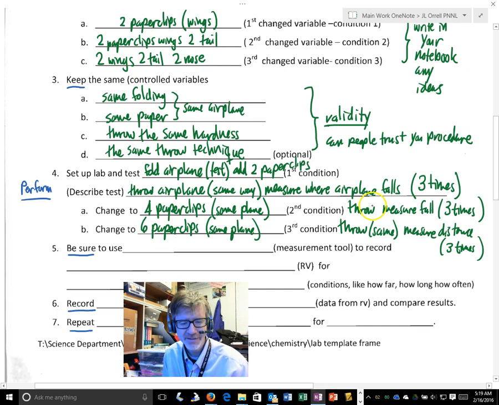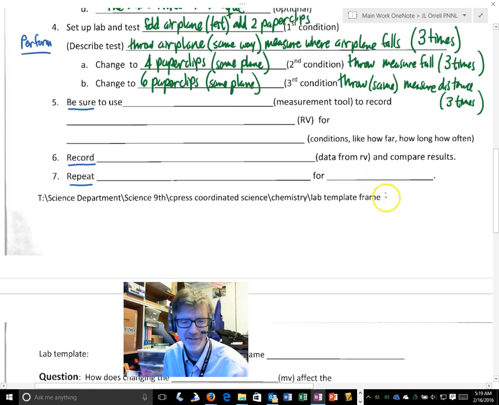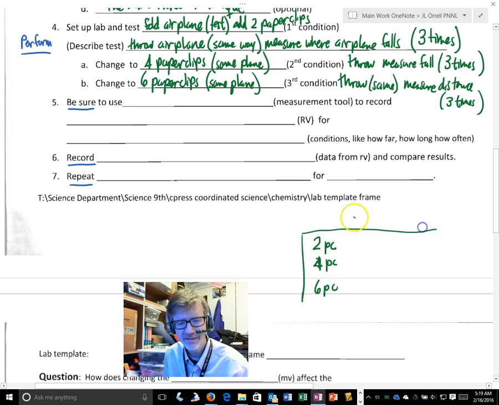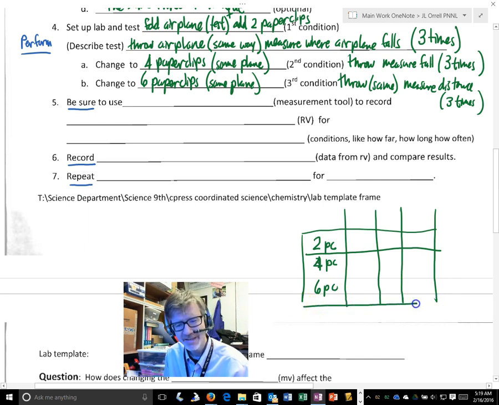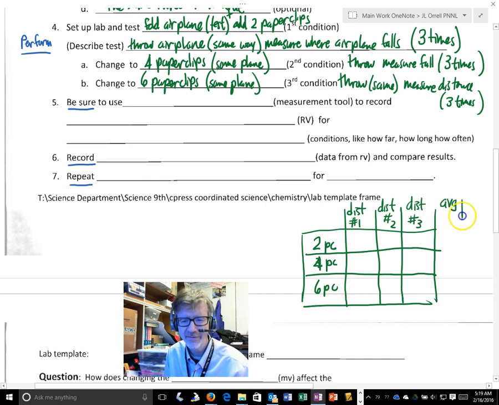It is very helpful sometimes to do a table. And so let me just say that if you have 2 paper clips, 2 PC, 4 PC, and 6 PC, you have a table right here that you basically can say, here's 3 trials. We don't tell you to make a table, but I tell you what, people who make a table tend to get more points. So here's the distance number 1, distance number 2, distance number 3. And what do you get when you have a lot of the same things